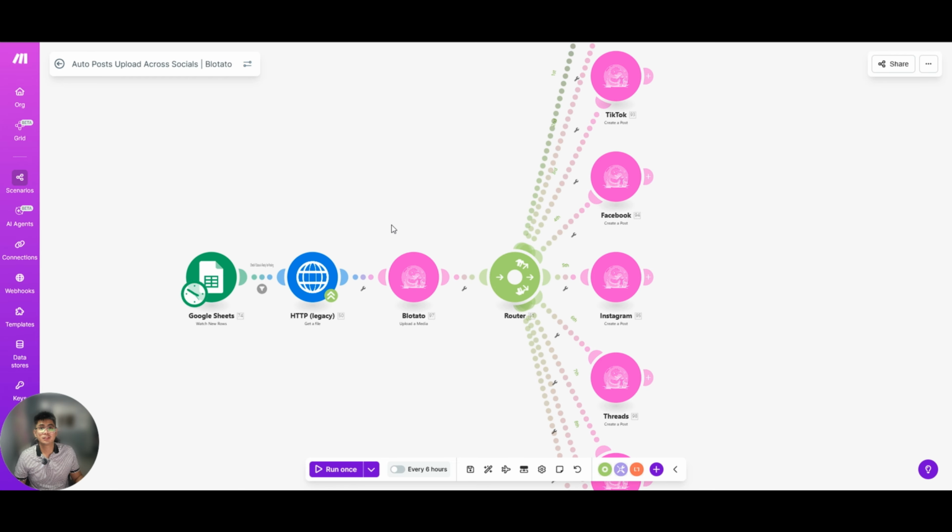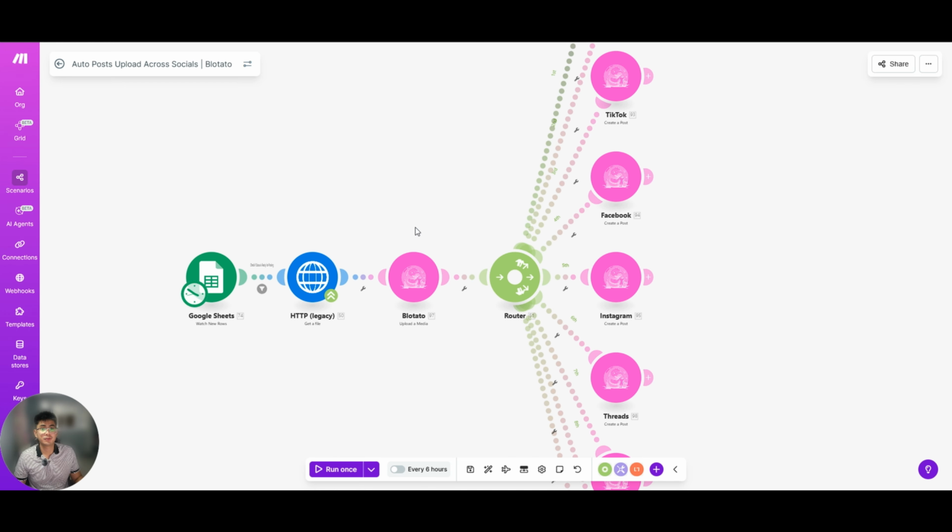So here's how it works. My client drops a raw video into a Google Drive folder. So the automation number one processes it. It adds subtitles and generates social media ready captions.